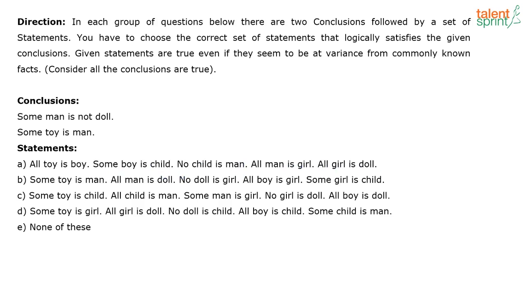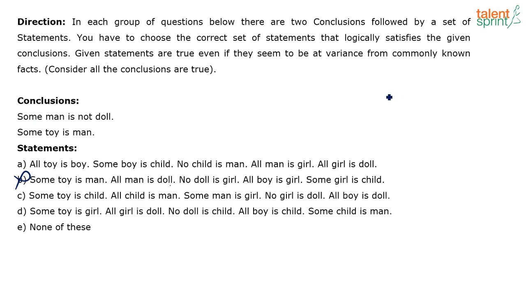Okay. So now first let me just skim through the statements given to see if I can directly eliminate any of the given statements. See here, look at this option 2. It is given all man is doll, but here it is given some man is not doll. Already it is given all man is doll. How can I get this conclusion? So this one does not follow. Okay, then let's try out the others. This you can directly eliminate.